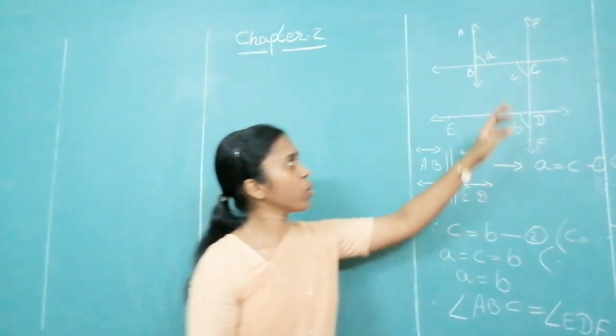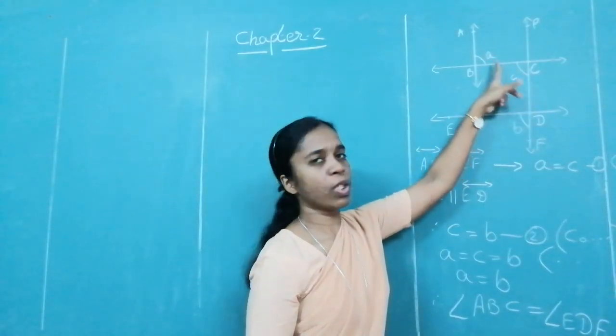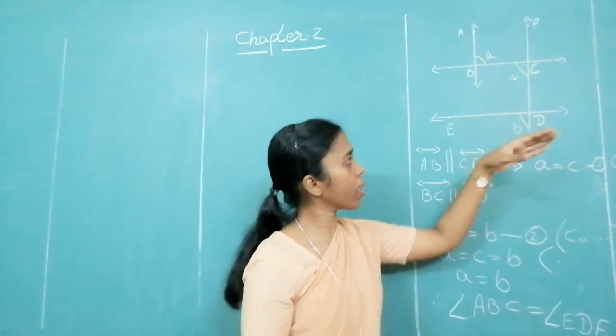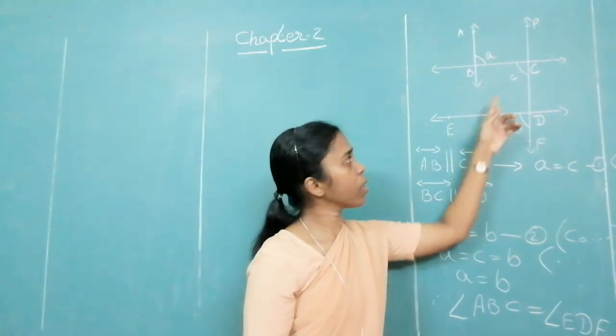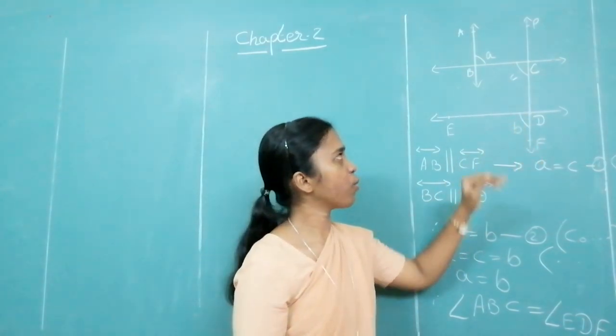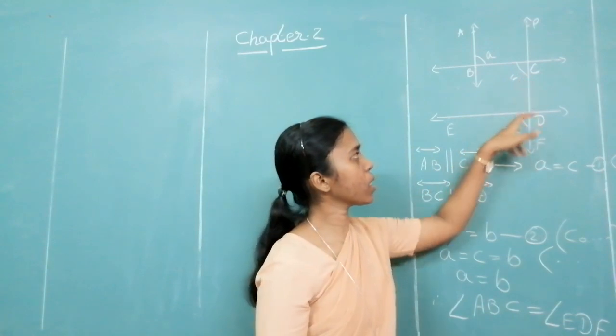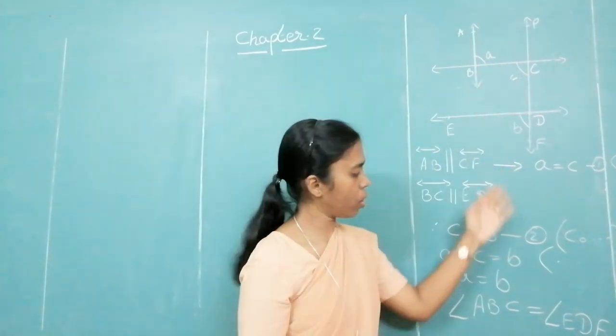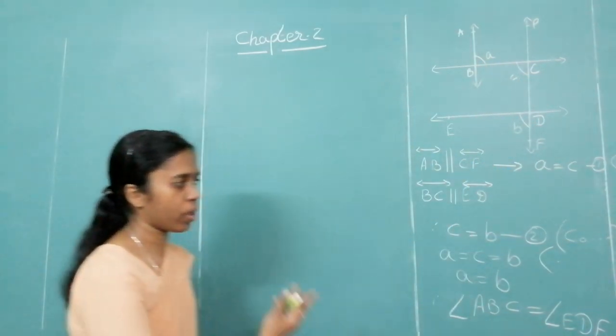Suppose this is clear to you. These two lines are parallel. Therefore, these two angles are equal. Alternate angle. These two lines are parallel. Therefore, these two angles are equal. Corresponding angles. Therefore, this is equal to this. This is equal to this. Therefore, this is equal to this. Please write the steps properly. Okay.